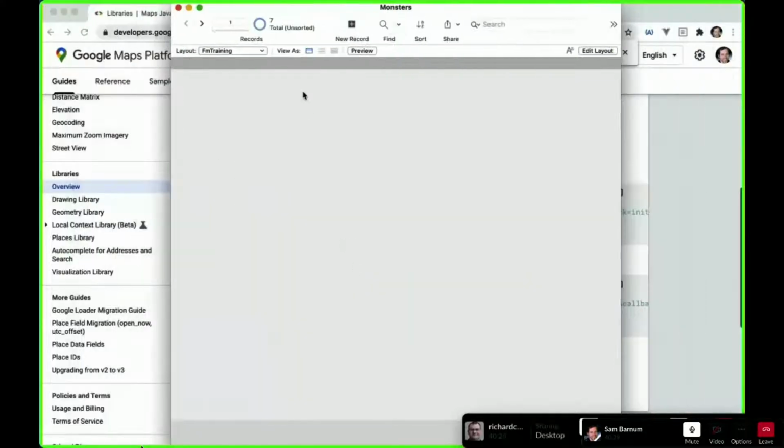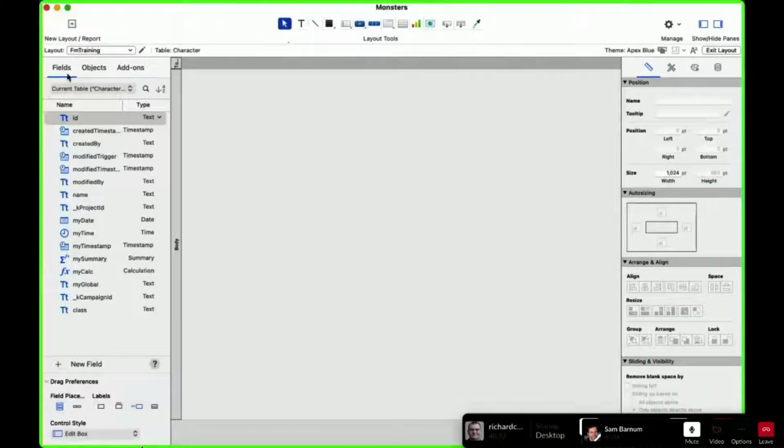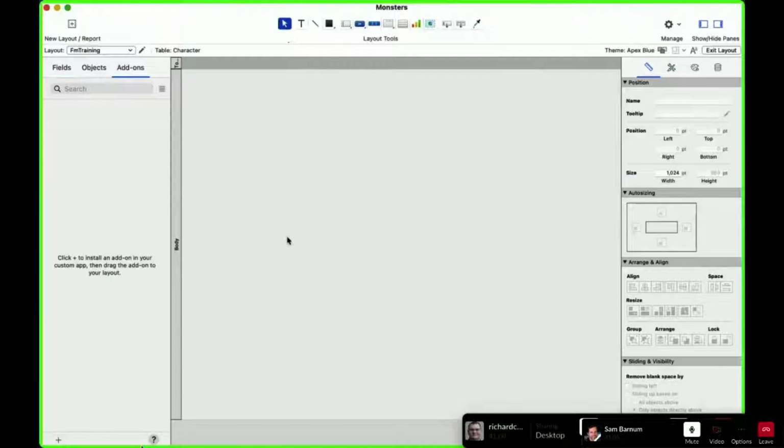All right. And you're right, Richard. There are two main parts of fmPromise. One is making the whole deployment thing easier, which is what I just showed, and I think that's what a lot of users are going to understand right off the bat. You don't need to know JavaScript. You just say, hey, I want some HTML content. It's like an offline vacuum cleaner. We sucked it off the online and inlined it into the FileMaker solution, so then you can be offline and still have this content. Okay, yeah, that's pretty cool.